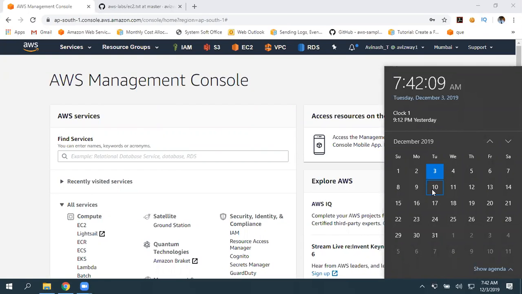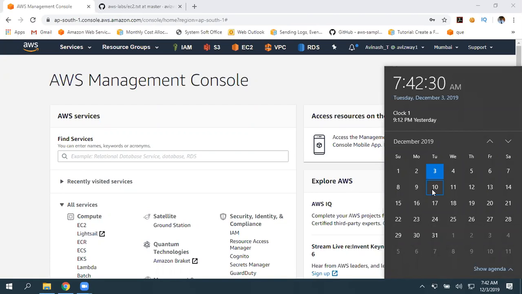So what other existing mechanism do we have? SCCM, right? System Center Configuration Manager. By using that, we can push all the patches.